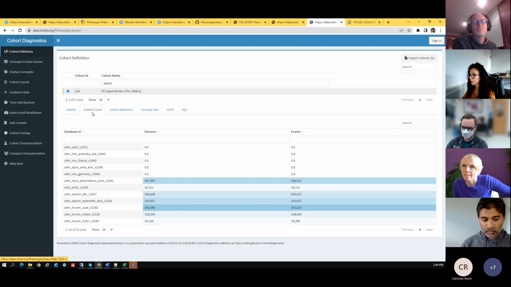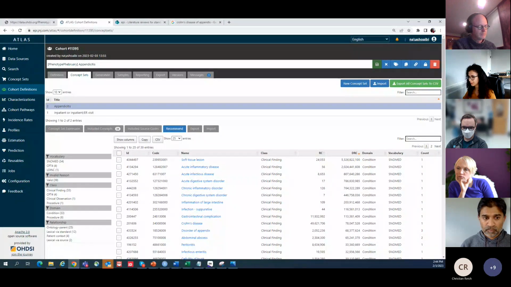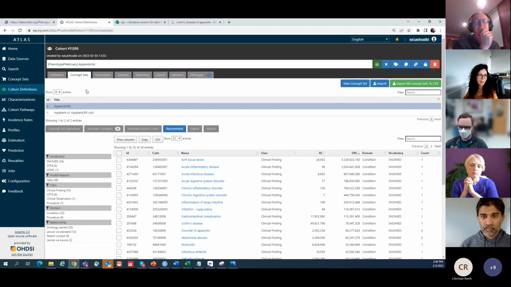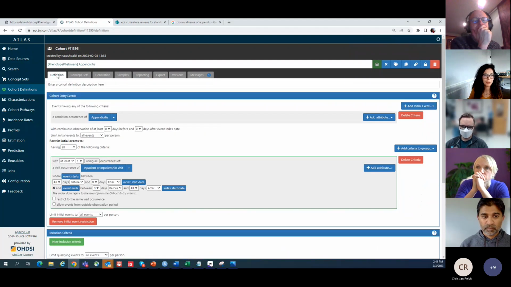Let's go through the process. Gowtham, before you go to cohort count, before you go into the tool, because I'm modeling the whole peer review process, which could include other things. So as a peer reviewer, I happen to be an OHDSI collaborator who has access to OMOP CDMs and other databases, well, in this case the same databases. But anyway, as a peer reviewer,